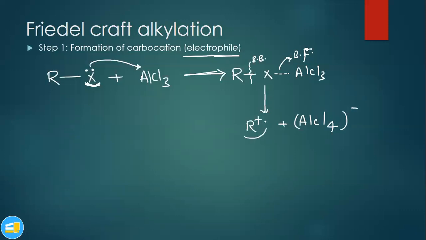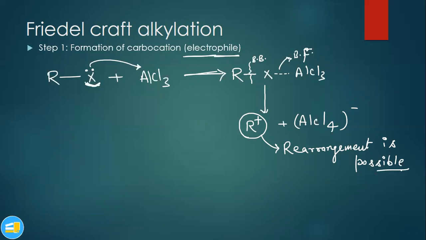Now this is a carbocation intermediate, and whenever a carbocation intermediate is formed, there is definitely a possibility of rearrangement. Due to rearrangement, we sometimes find that the expected product is something else. What students generally do is remove X and attach that carbon atom directly to the ring or to any nucleophile. But whenever there is a possibility of rearrangement, it is just not possible to directly attach the group. You check whether rearrangement is going to happen or not.